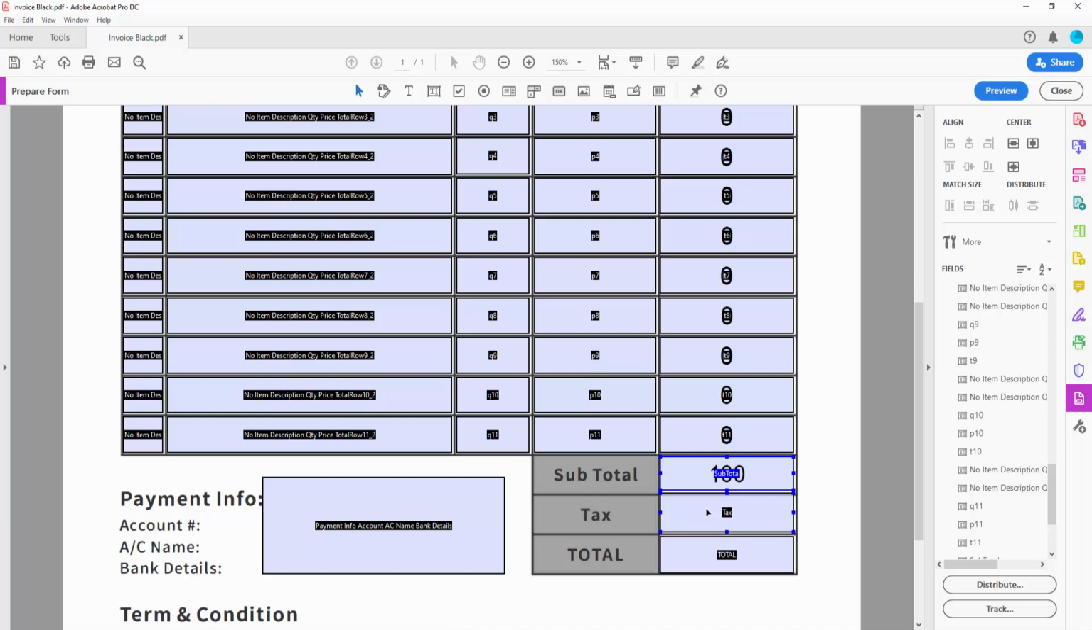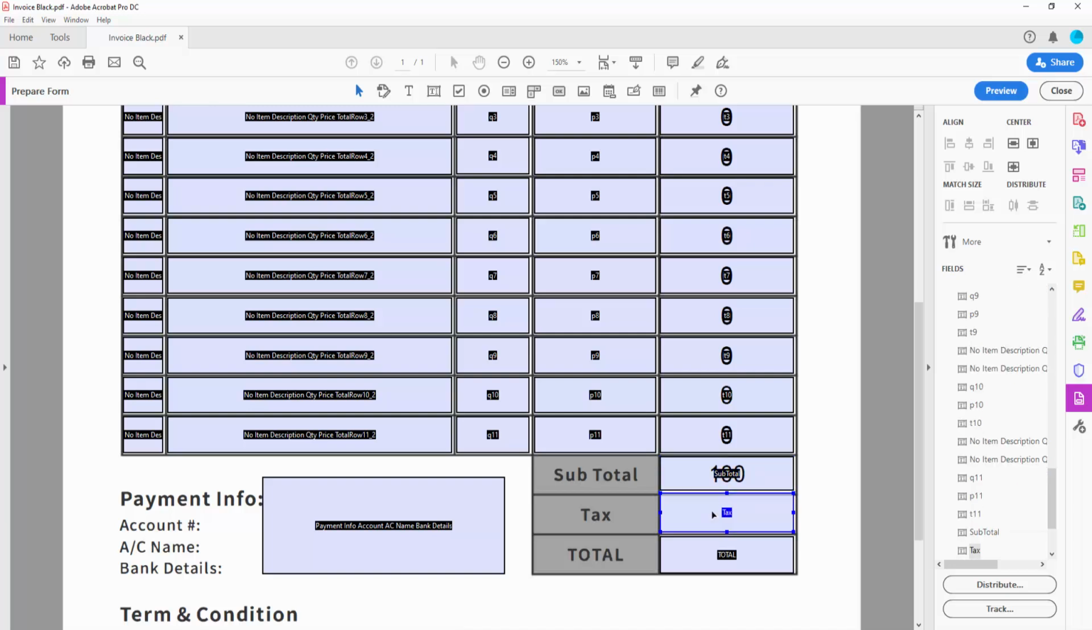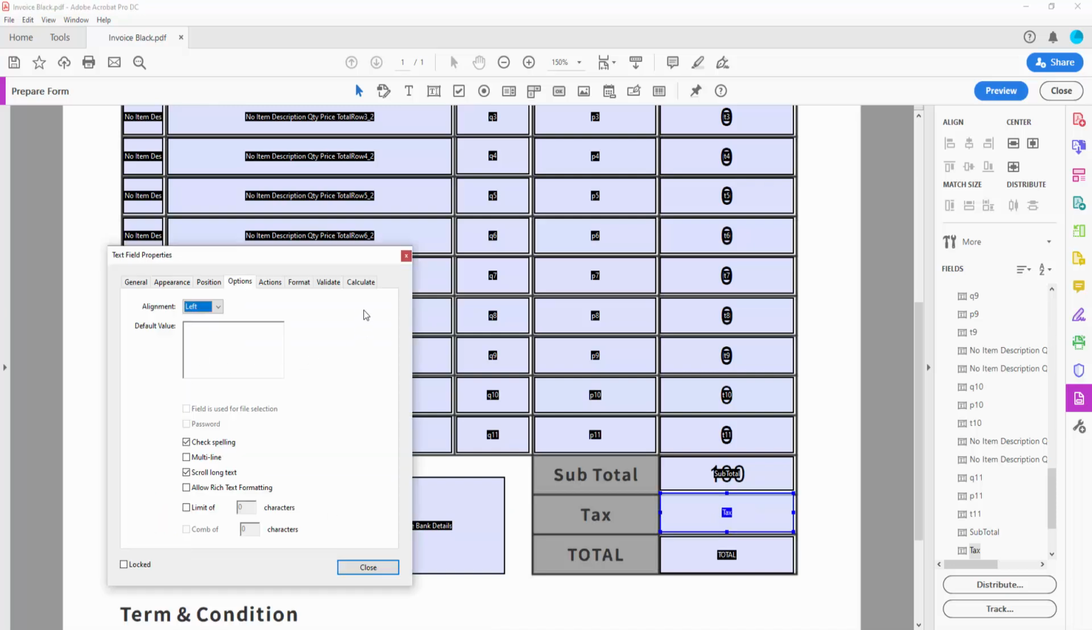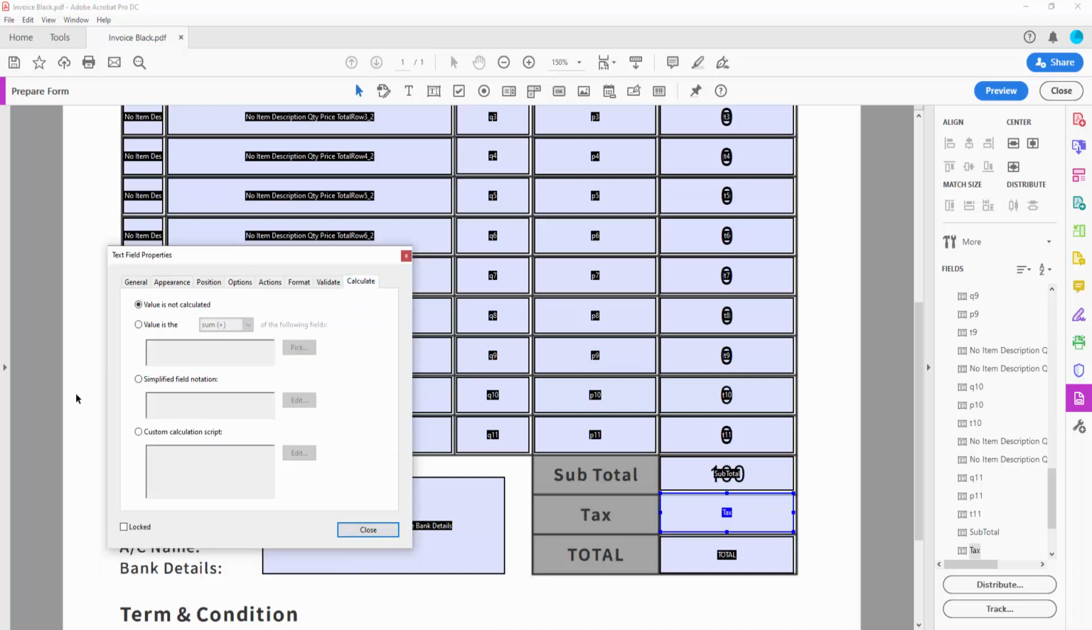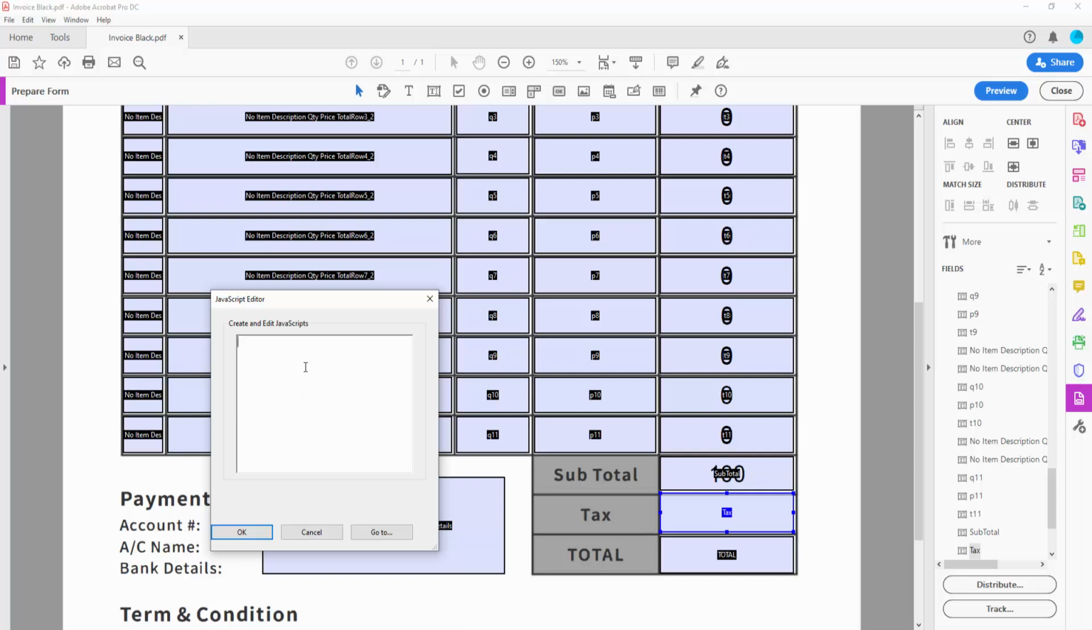Now I will add tax 15% and double click on the tax field and go to the calculate, click the simplified field notation, edit, and type the subtotal text field name